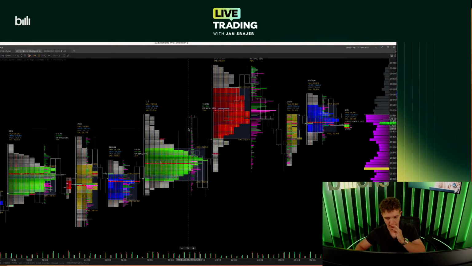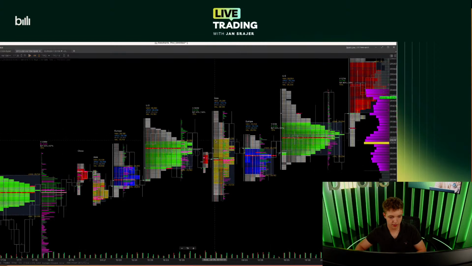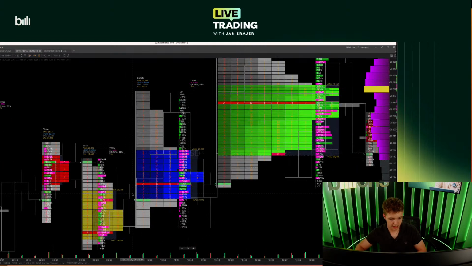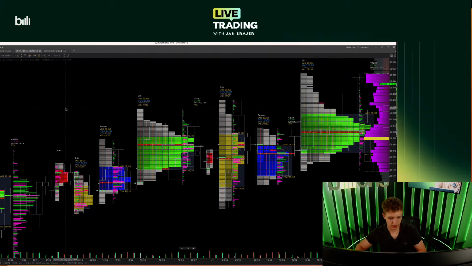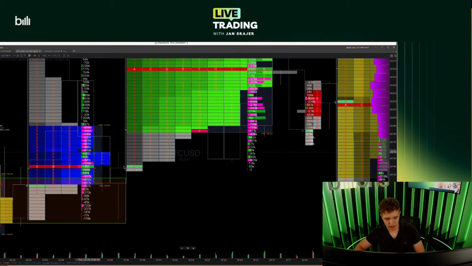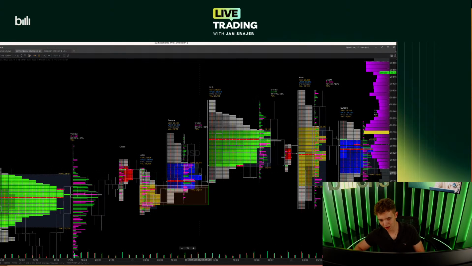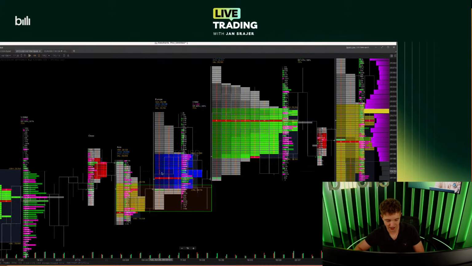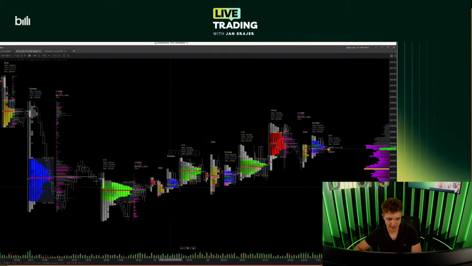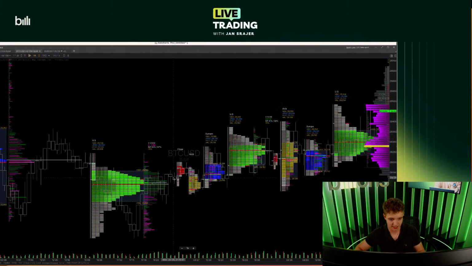For example, today I wouldn't class this as a really trending day, but I would class this as a trading day. This for me is okay. So basically I was measuring how likely it is that once the London value area closes above the Asia value area, the New York value area will also close above the London one. And that's how you can create statistics. That's how you can create a statistical edge.